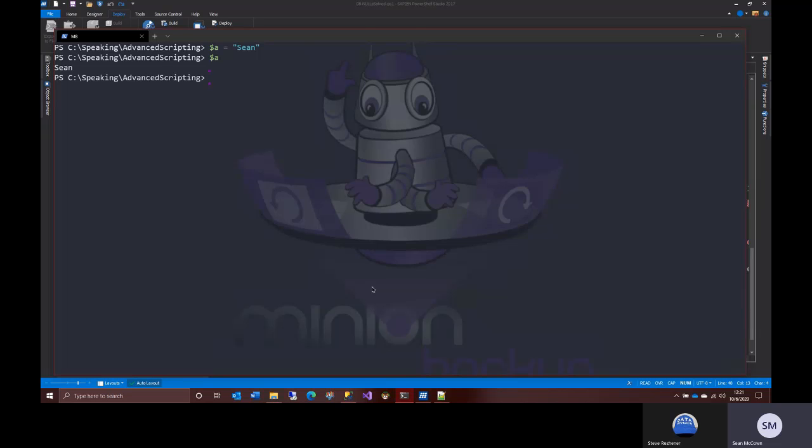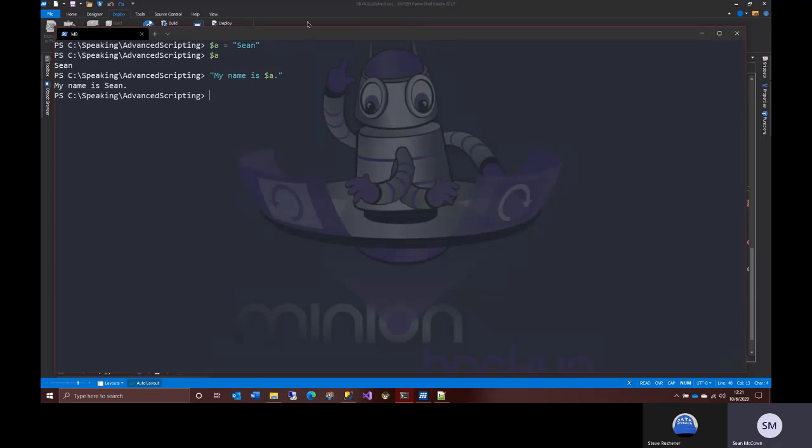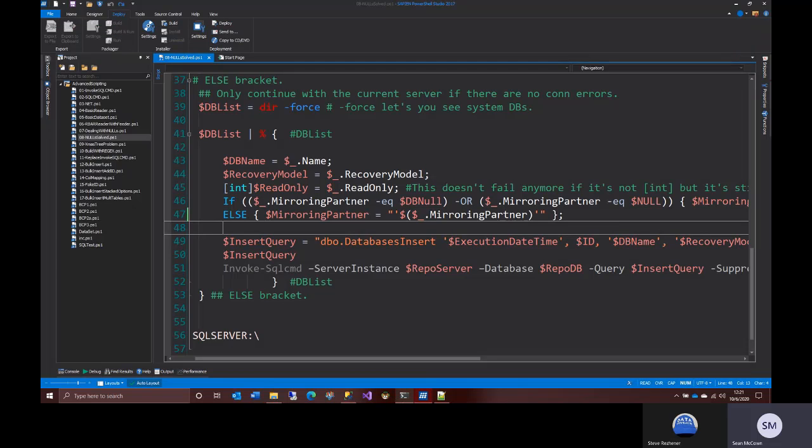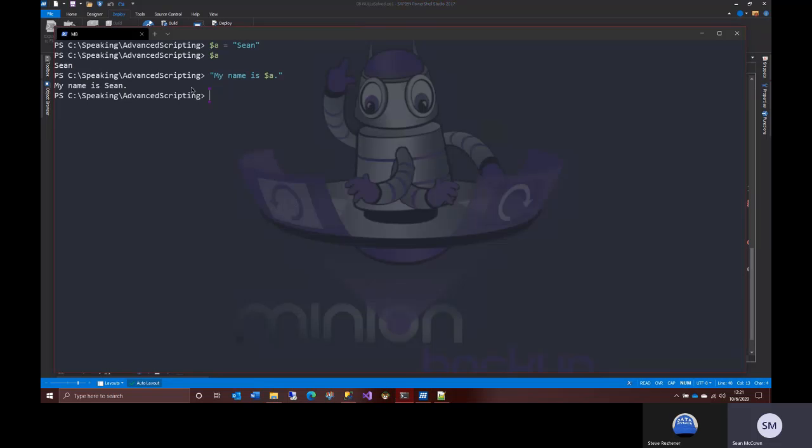So string interpolation allows me to say something like my name is $a. And so it allows you to get past all of that ridiculous string building that we have to do in SQL and other languages by just taking the value of A and recognizing that we want to put that in there and giving it to you there, so you don't have to do something like